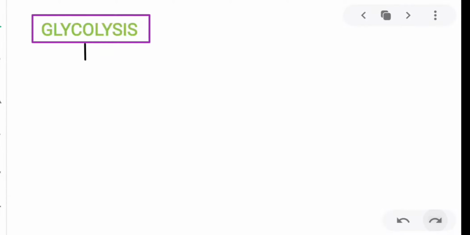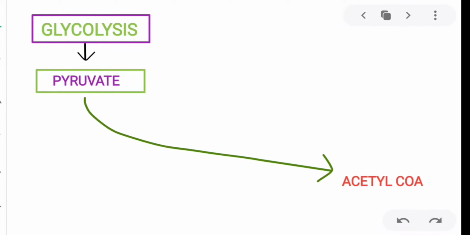So coming to the initial step of the Krebs cycle. In the previous video we saw glycolysis. The end product of glycolysis is pyruvate, and the pyruvate gets converted to acetyl-CoA. But in this conversion from pyruvate to acetyl-CoA, there are main factors involved, and they are lipoic acid,